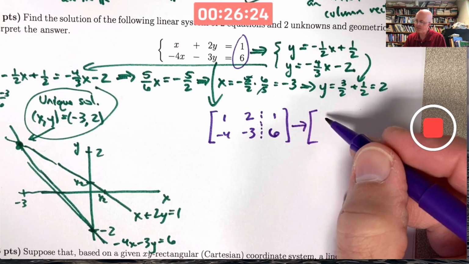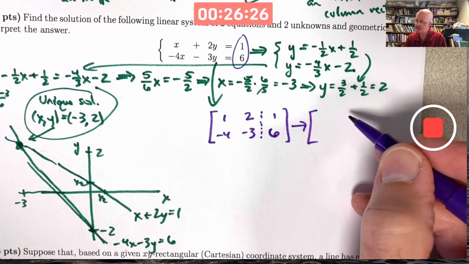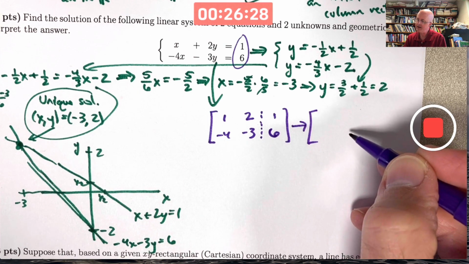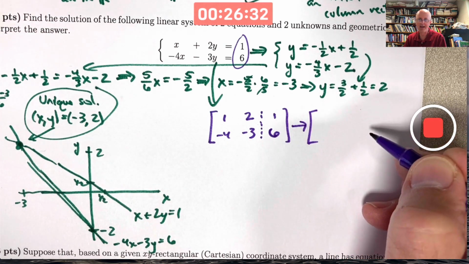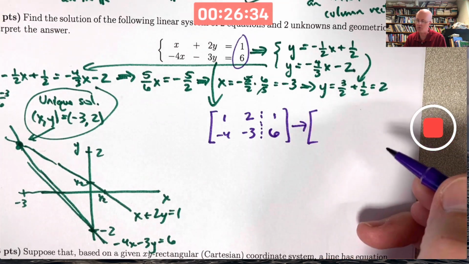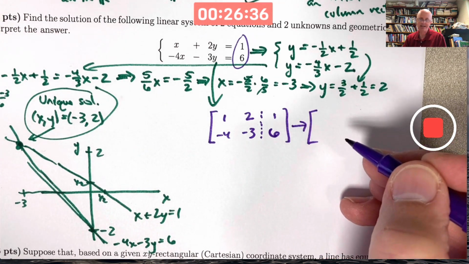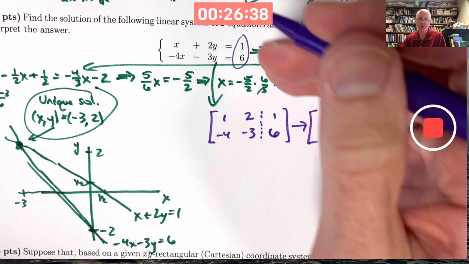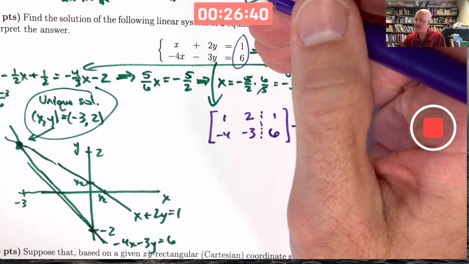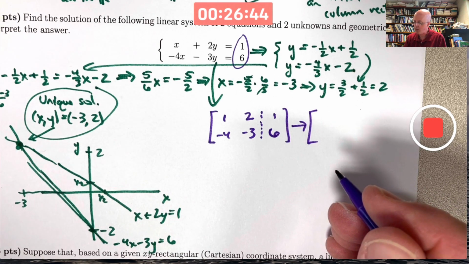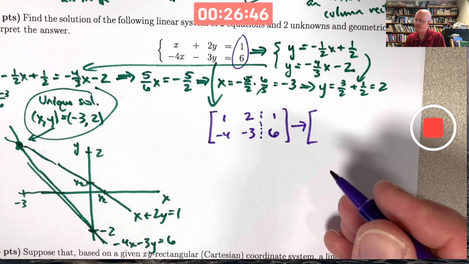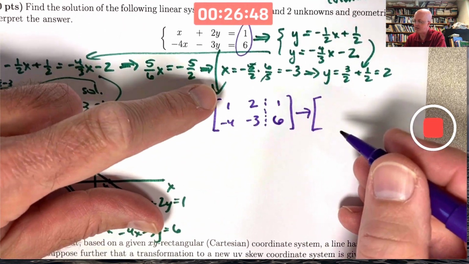I'm hoping typically what's going to happen is I get a 1 here, 0 there, 0 there, 1 there. So 1's on the diagonal, and then whatever comes over there are going to be my answers. Evidently, it's going to be -3 and 2. This is analogous to multiplying equations back up here by constants and adding to other equations. The row replacement operation is the one that's the most commonly done, especially when you got a 1 to start